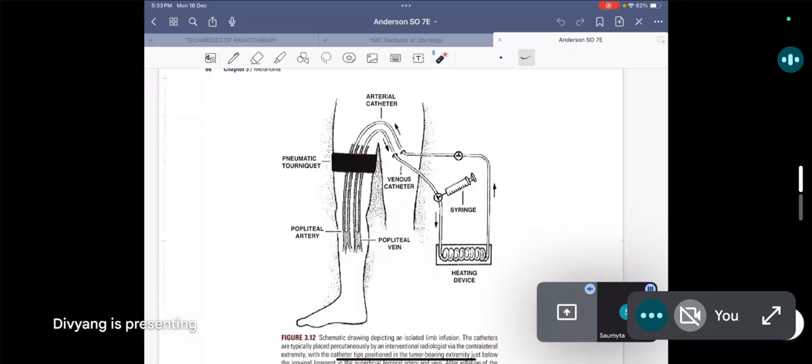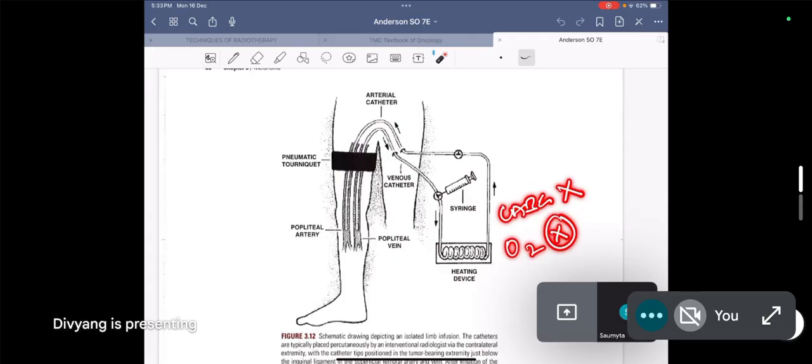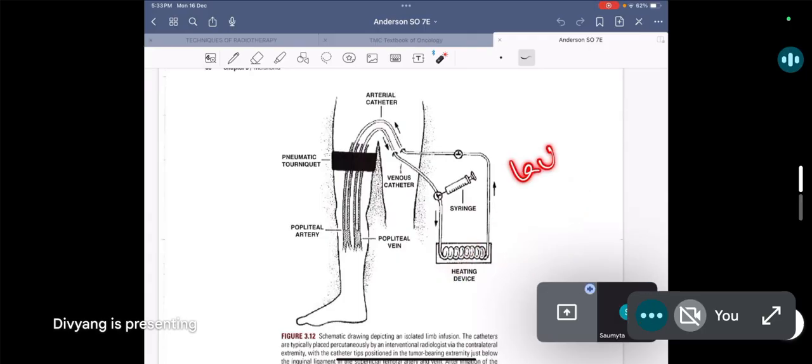देखो इसमें इन लोगों ने वही लिखा है कि टूर्निकेट अप्लाई किया, परक्यूटेनसली कैथेटर इंसर्ट किया, उसके बाद ये हीटिंग डिवाइस तो रहता ही है, बट आप 20 to 30 मिनट्स के लिए सिरिंज में कीमोथेरेपी लेके उसको इन्फ्यूज करते हो, बस इतना ही फर्क है। तो यू आर नॉट प्रोवाइडिंग एनी ऑक्सीजनेशन एंड देयर इज नो सीएबीजी टाइप बाईपास सर्किटरी मशीन। हीटिंग डिवाइस रहता है बट ऑक्सीजनेशन नहीं रहता,